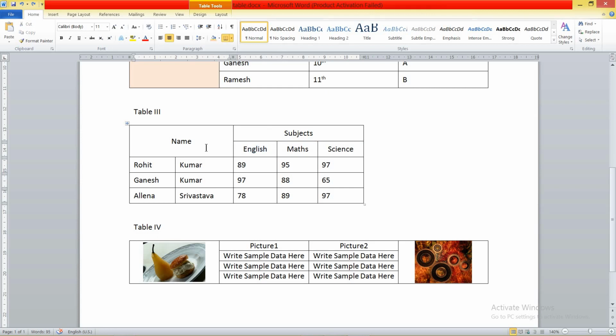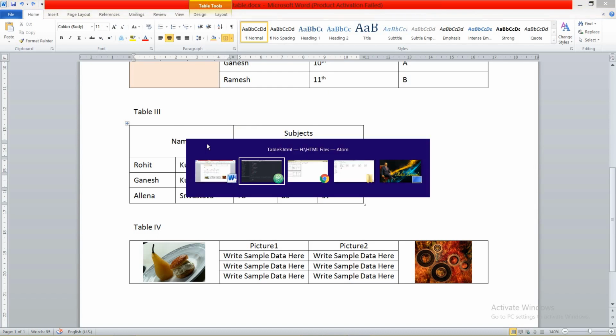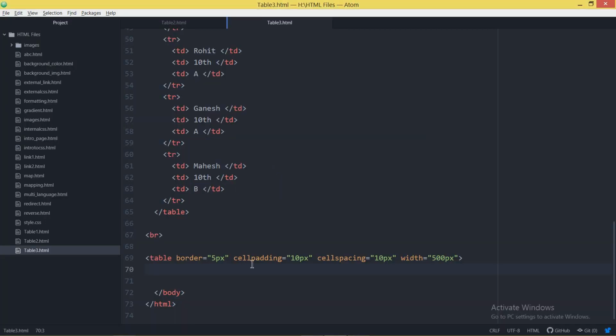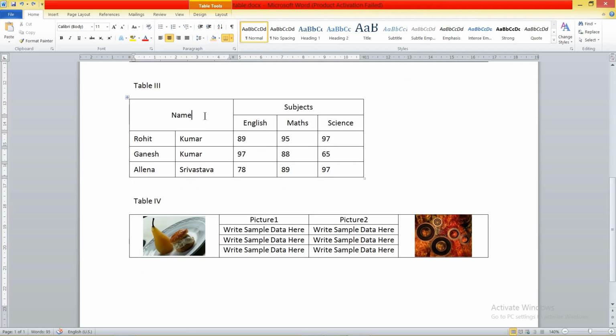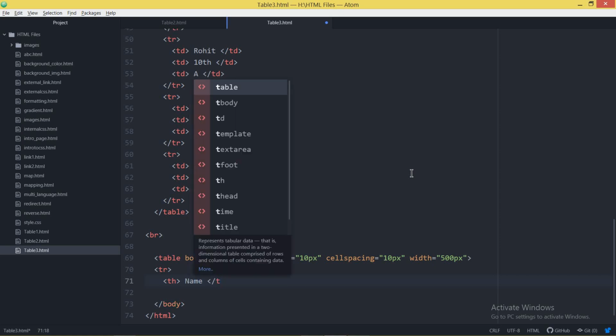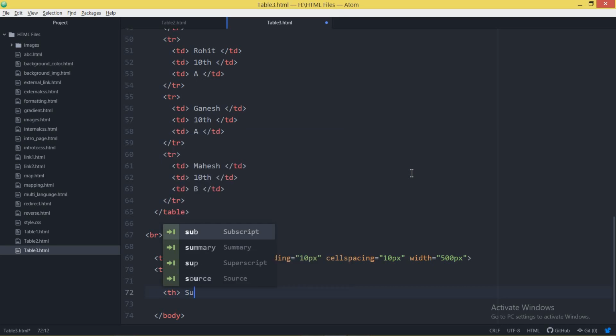This cell we will include in the first row itself. Always remember this: the first cell will get counted in the first row. It means when you make the first row, it has 2 cells, 1 and 2. This is the scenario of the table. Now I am going to make this. After starting the table tag, I am making the tr tag, that is table row. In this table row, I want to make 2 cells. The first is names, which I put with the help of the th tag, and then again I use th, let it be subjects.